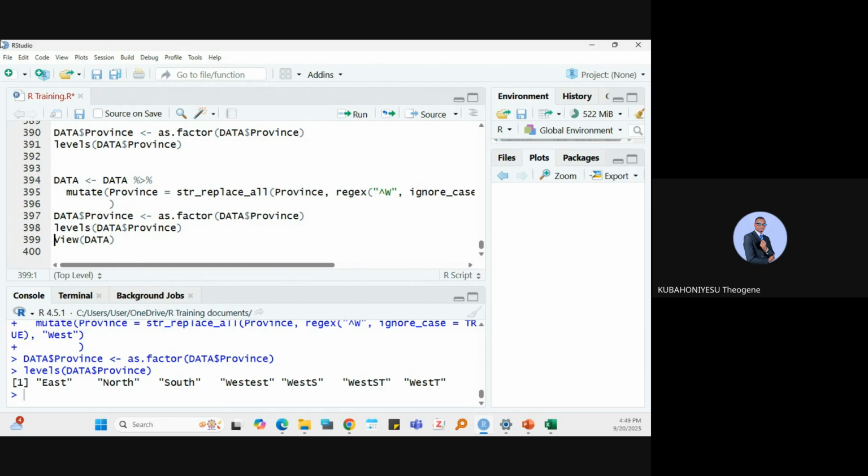So here it is taking what? Do you see the observation? Wherever there is W, it is writing to the, for example here it was WST, so it's right west. You see that? West ST, West T, West S, West S. So what I have to do,